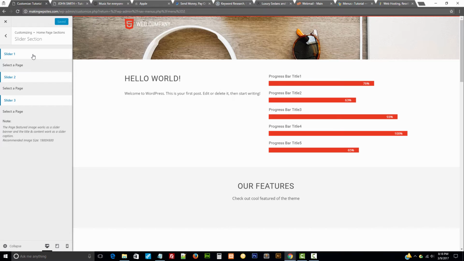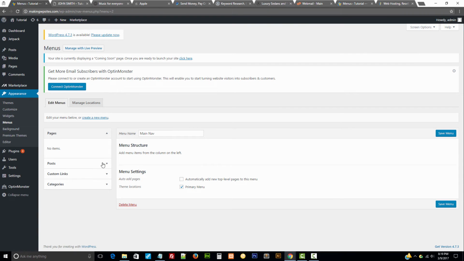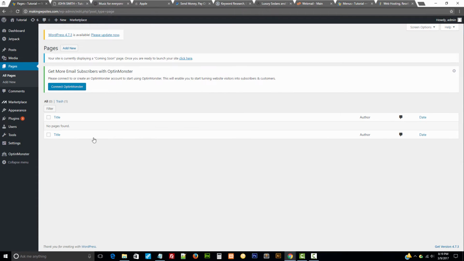Okay, so here we're gonna add the images. Right now there's no pages, so we gotta create these pages. So this is where we set the images, I mean the pages. We're gonna set the pages here. So right now we're gonna create 3 pages. Let's go ahead and get started on those pages. Okay, so let's exit that out and come back here to pages, all, and there's no page right now,